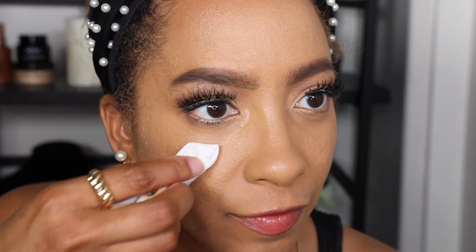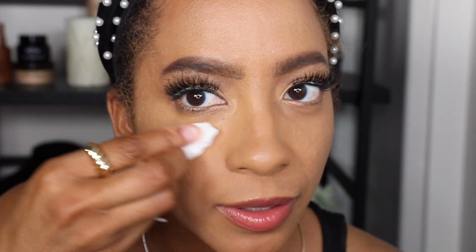Yeah, so we're gonna put the concealer on top of this foundation right up under my eyes. I can't wait to put concealer on top of this. Okay, so I have on my foundation. I've come closer. My foundation is like a medium coverage foundation. Actually, I'm gonna take the foundation off of this blemish here so you guys can see